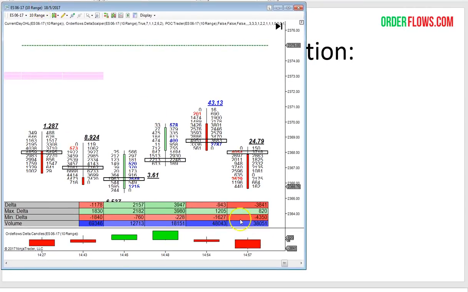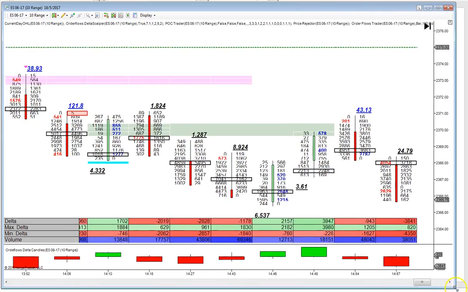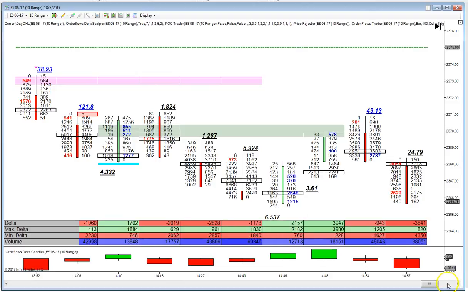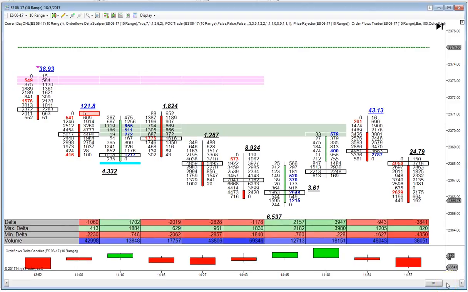E-mini chart. Now, normally I keep a 4 range chart and a 10 range chart open. I'm not a big fan of minute charts. The reason being, the market moves based on price and value. It doesn't move based on time increments. The market doesn't have a clock that says, oh, 5 minutes has elapsed, I should start forming a new